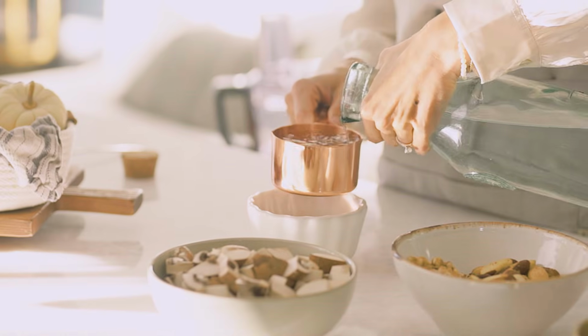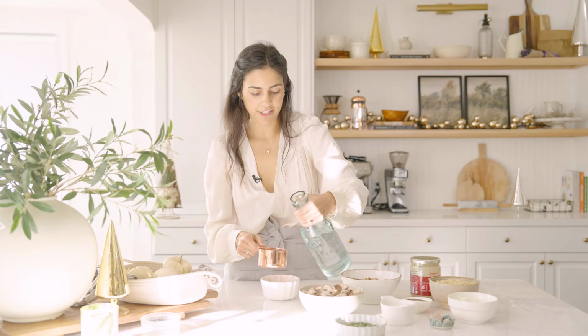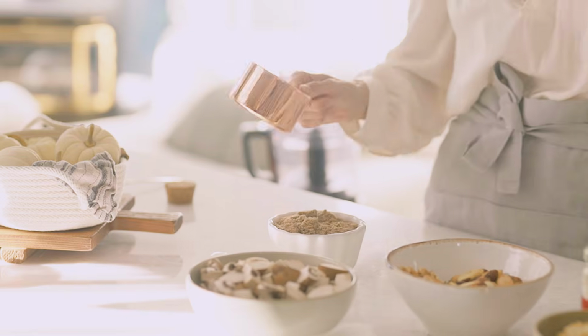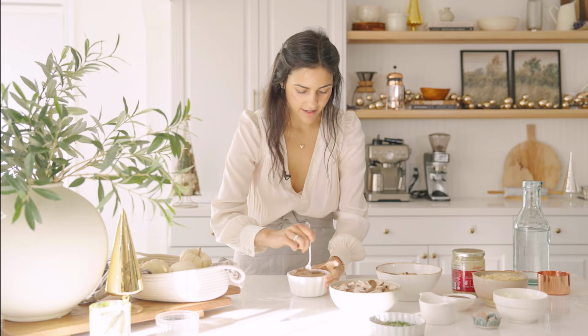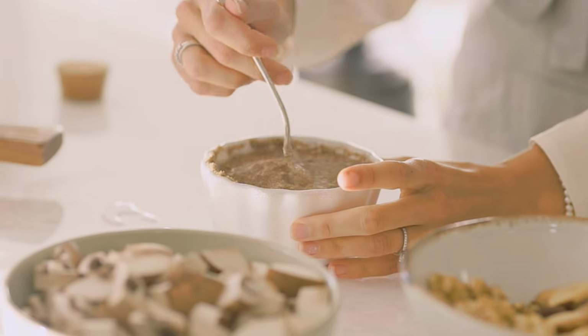So we have some ground chia here. Another option you can use is flax seeds, making it ground flax. But I really like chia. We're gonna be adding a cup of water to the ground chia, and you're gonna see that the texture here becomes a lot like an egg. So we're just gonna mix this together, and this is really gonna thicken over time,